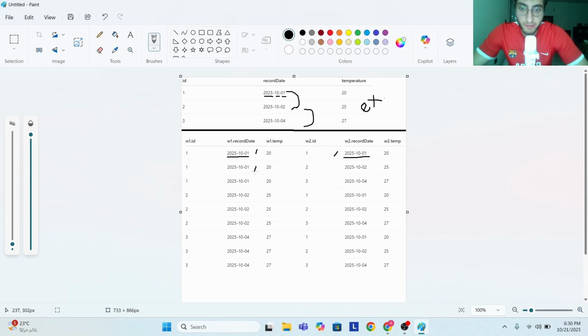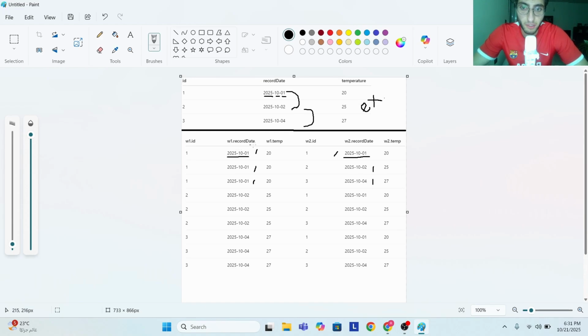If we subtract this date from this date, we're gonna get, well, it depends on what you put first in your date difference function. If you put W1 before W2, then you'll get a positive 1-day difference. But if it was the other way around, then you'd get a negative 1 day difference, and so on. So for example here, 1 and 4, you'd get either 3 or negative 3 depending on which order you put